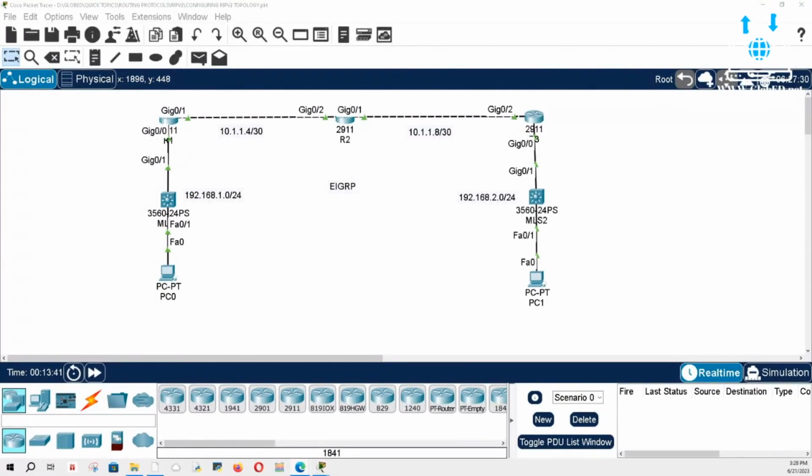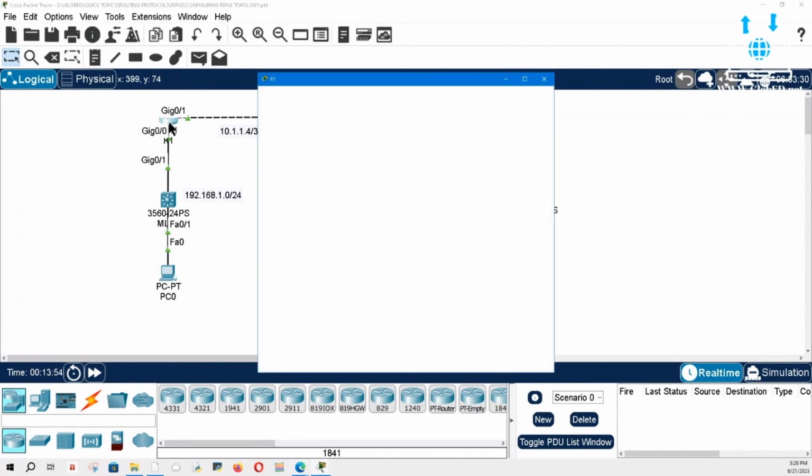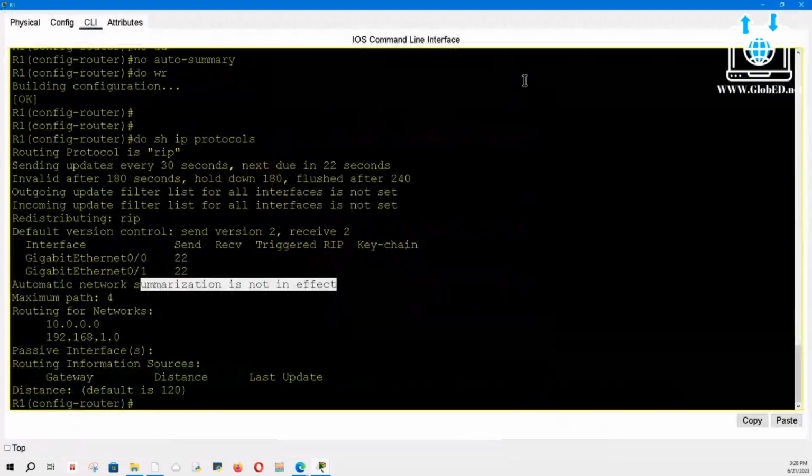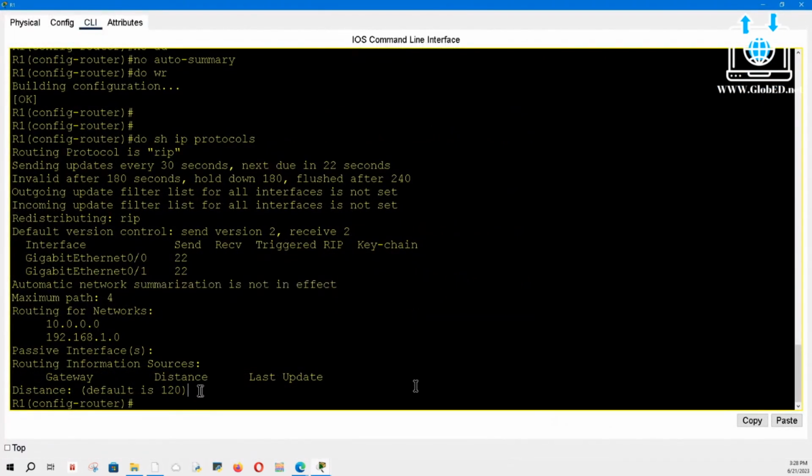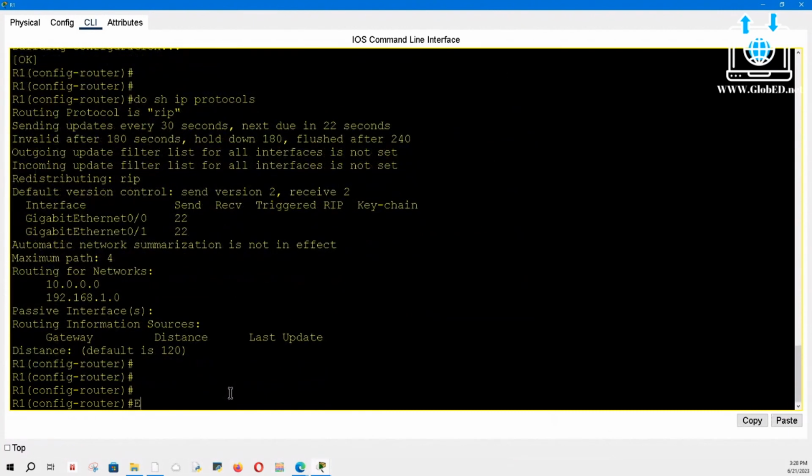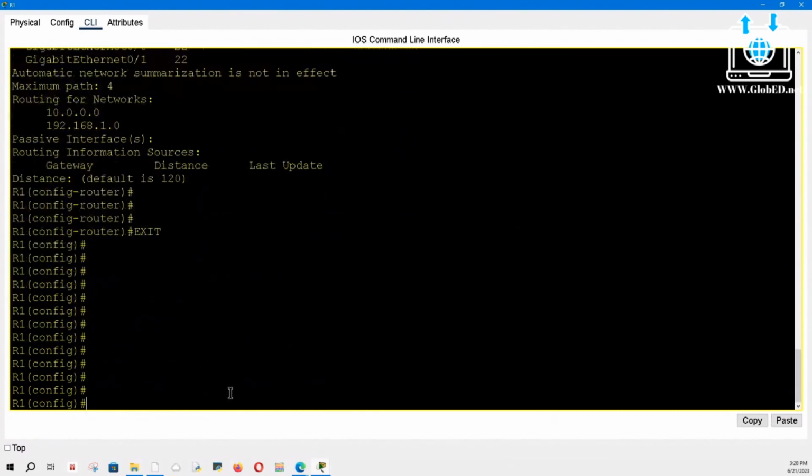So this should look familiar. I haven't gotten rid of the last protocol that we configured quickly, which is RIP version 2. But I'm going to go ahead and configure EIGRP right over it. We can do that because why? Here's your RIP, it's right there. Because the administrative distance is 120, whereas EIGRP is 90. So let's get that done.